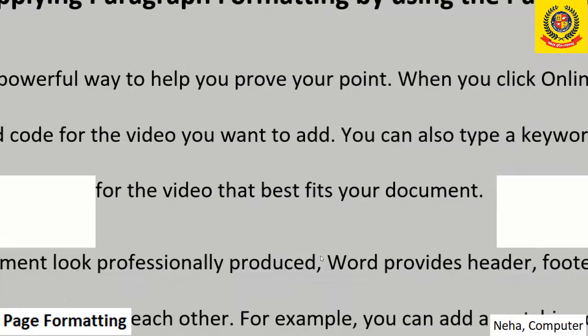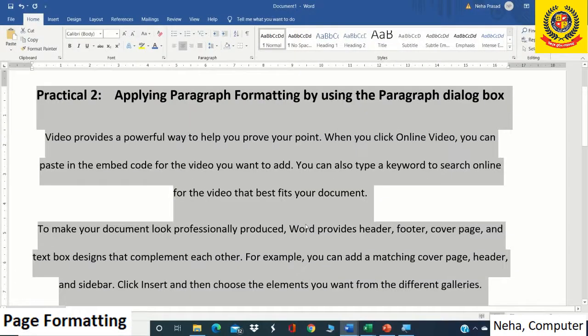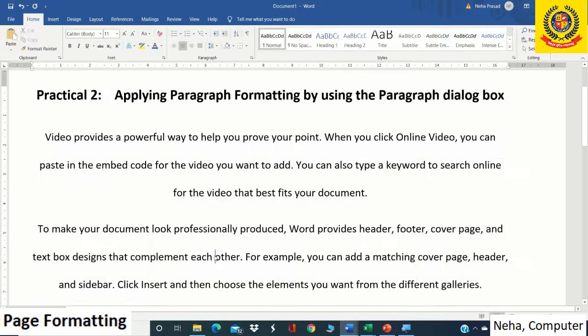After this, some changes can be seen in the paragraph. The spacing has increased because we have set the line spacing to double, and we have also made it center aligned. We can also select the alignment from here.